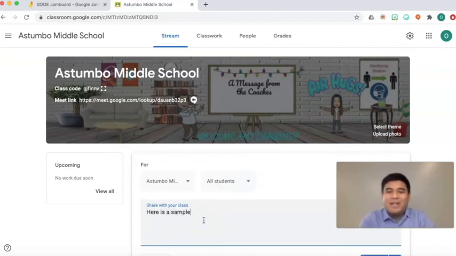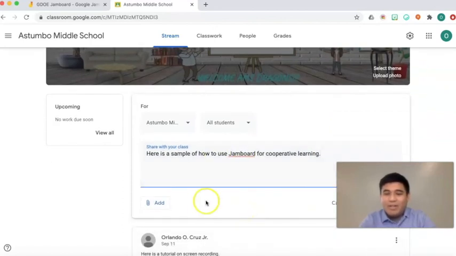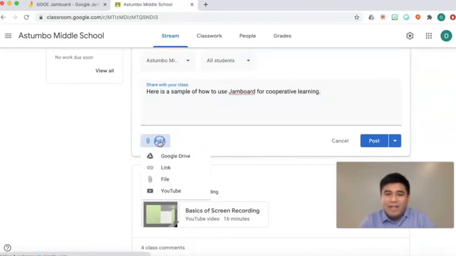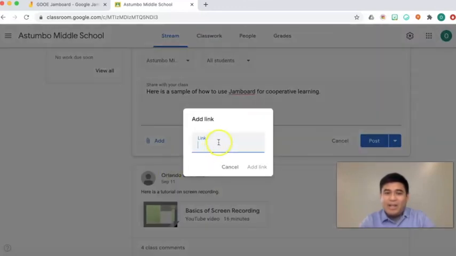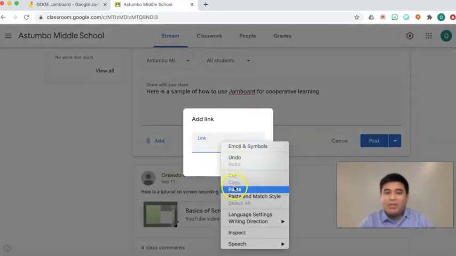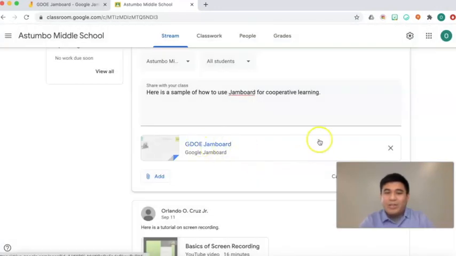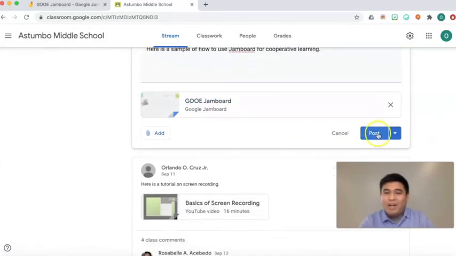Here is a sample of how to use Jamboard for cooperative learning. Okay. Down here, let me scroll down so you can see it. I'm going to click on add, and then here I'm going to add a link, and then I'm going to paste that link that we copied earlier. There's that Jamboard. I click on add link. There's GDOE Jamboard. I'm going to click on post,